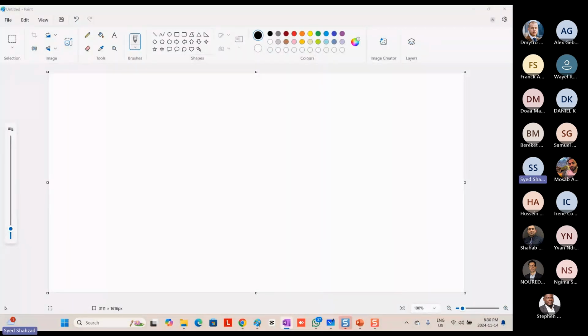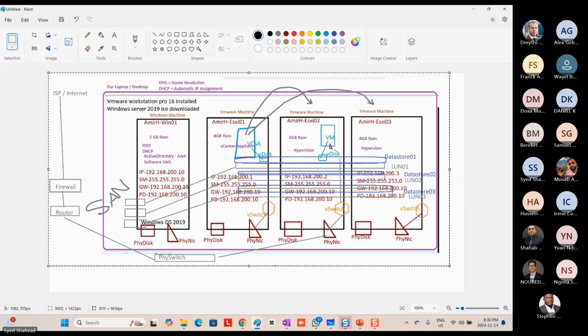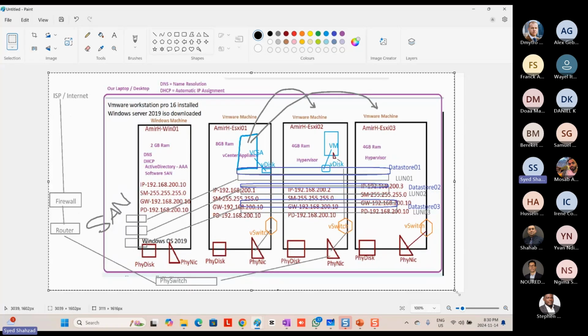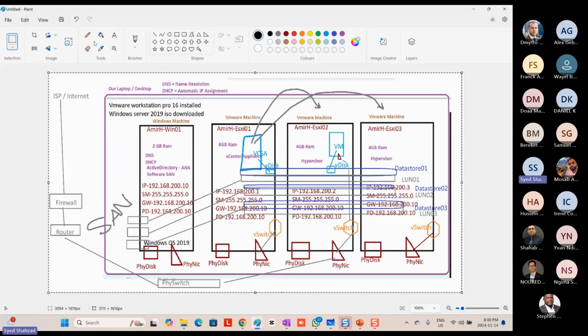I'll check if I have something cleaner than this. Okay. So now this diagram, where you can see that